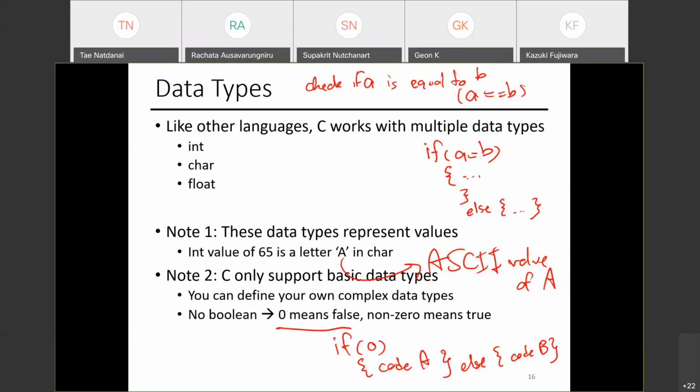So make sure that if you want to compare two things, you put two equal signs. I made that mistake before. I think there was an instance where I wasted like a day of my time finding out what the heck was going on with my code, because everything looks correct. Yeah. So 0 equals false. Anything not 0 equals true.